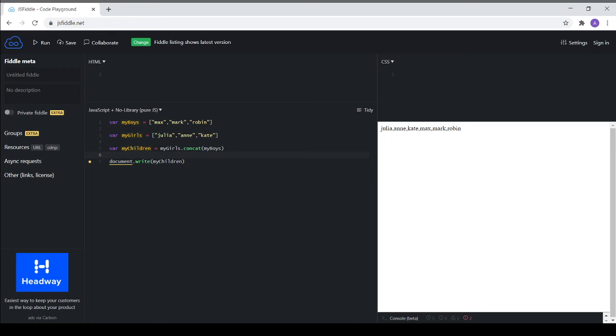Now what I want to show you here is that you can have multiple arrays inside the concat bracket. So let me show you how that works. I'll say my children's equal to 12. I'll take 3 more random names like Katie, Jennifer, and Peter, right? So I'll say all, I'll say my boys dot concat